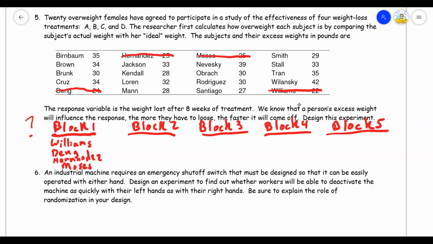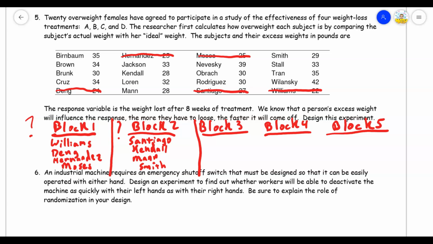Okay? And you could, as it says, design an experiment, you write a sentence explaining that, right? Within each block, put the 4 subjects' names in a bowl, okay? And then randomly choose, the first one that comes out gets treatment A, and so on. You can just describe that in a sentence or two, okay? So now tell me what my next block would be. Let's keep moving in the same progression here. Who would be in my next block? So hopefully we came through here, again, systematically.